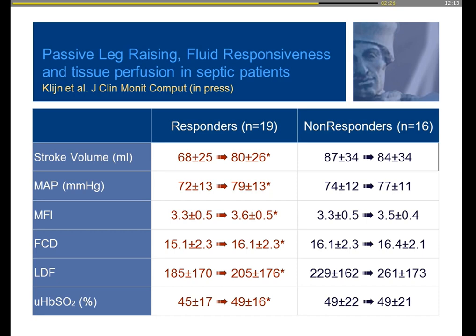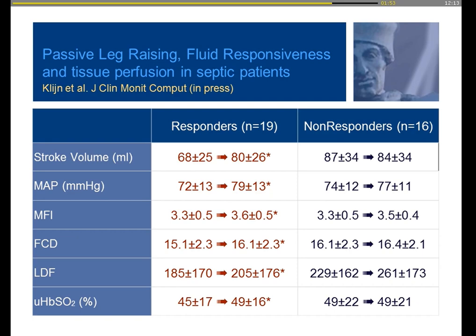Eva Klein, who will do her PhD on Friday, did this study, and all these patients had a clinical problem. The blood pressure was low, there was no urine output, the lactate was not falling, all these clinical problems that we are used to using in our patients. And then she gave fluids and resolved fluid responsiveness. Well, if you look, I don't know if the cursor is, yeah. If you look at the MFI, these patients had normal MFI.